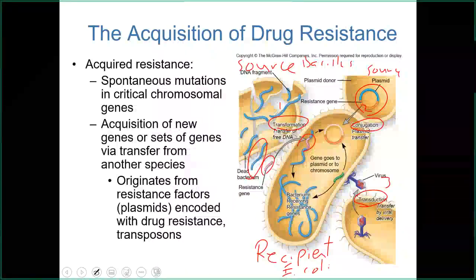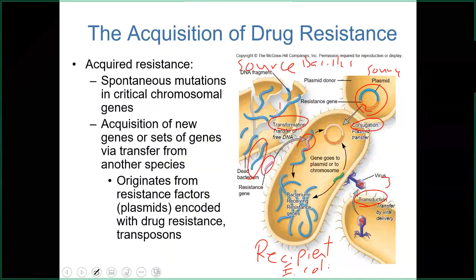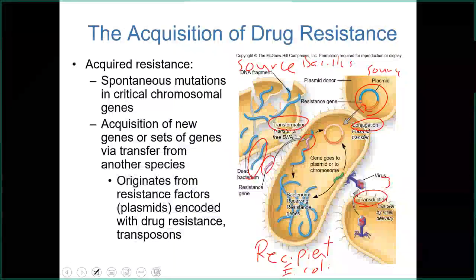Transformation is passage of genetic information from a dead bacterium to a live one. And then the final path is through viral transduction. So here we've got a bacteriophage. It was assembled inside of a host cell. It has its own viral DNA, but guess what? It could have picked up some DNA from the bacterium within which it grew. So it could be a mixture of viral and bacterial DNA. And if one of the genes that the virus picked up while it was being assembled in the bacterium is a gene for